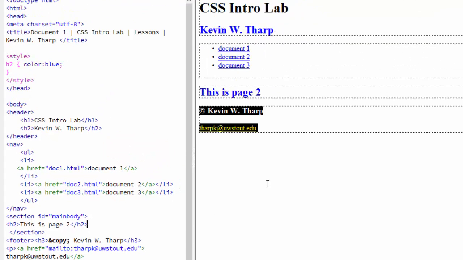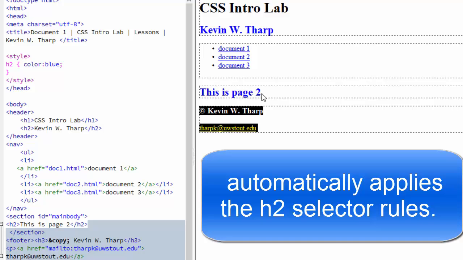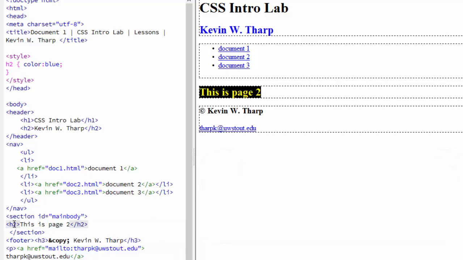Now when I come back over here, because that rule applies for the H2s, it automatically turns that blue. Now if I change that instead to an H1,